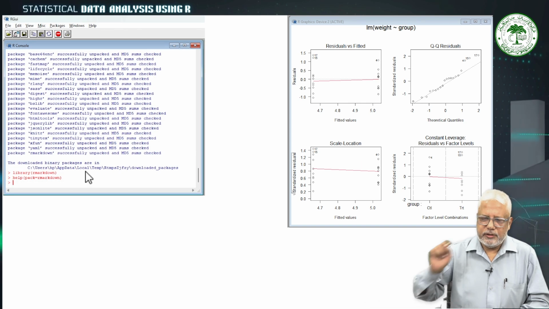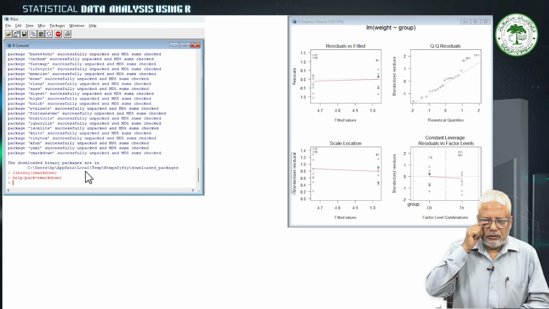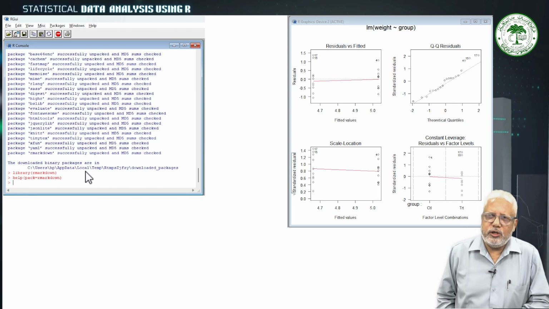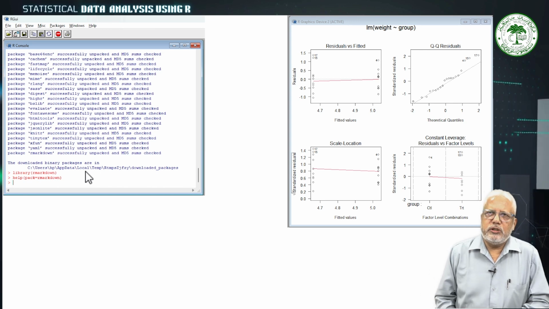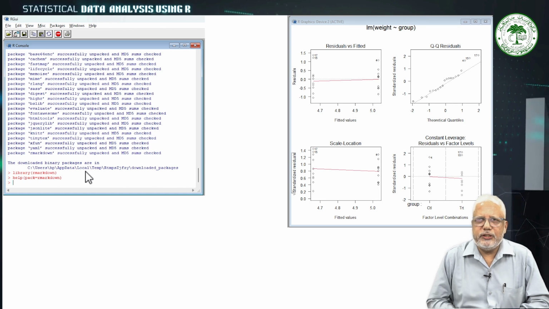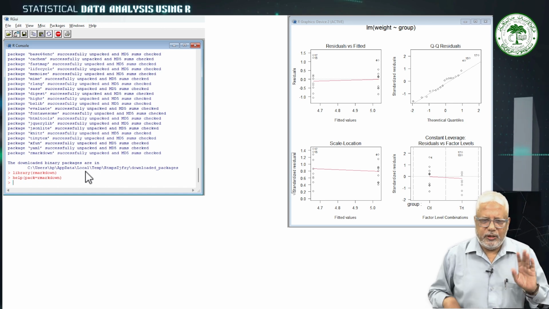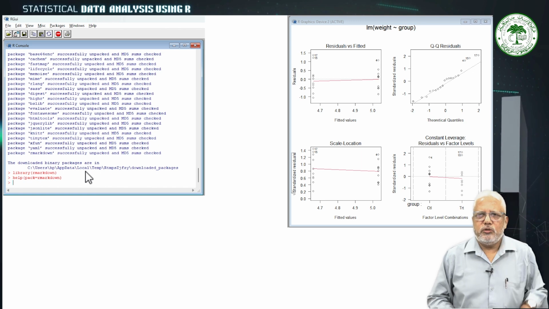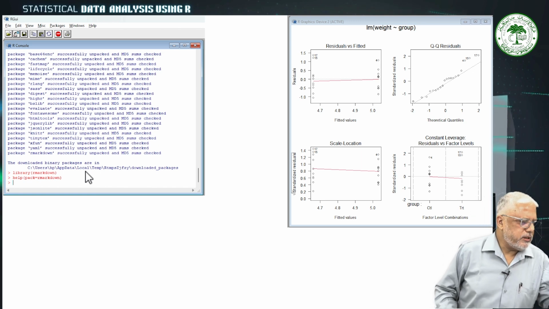About a package. And there are many things. Suppose you want to load data, you have to use the data function. So this was all about that. Now suppose you want to create